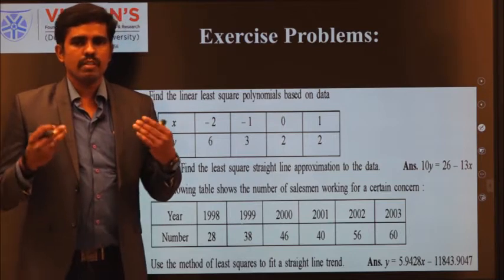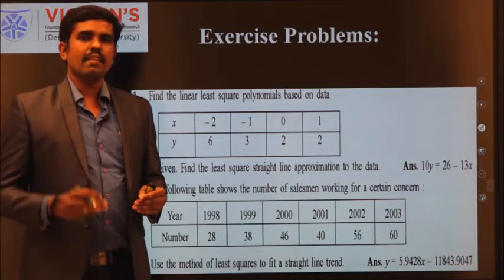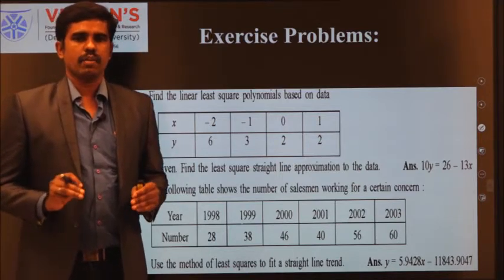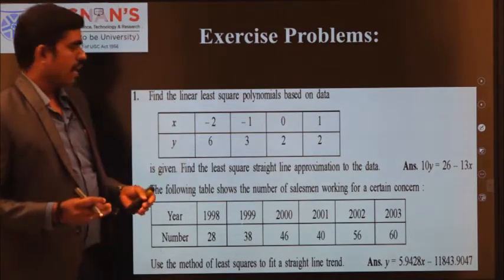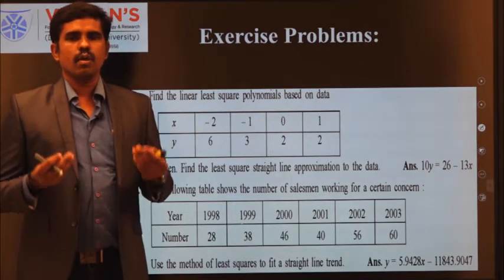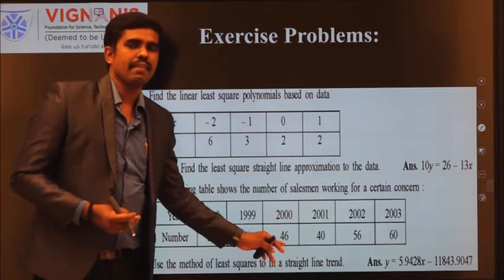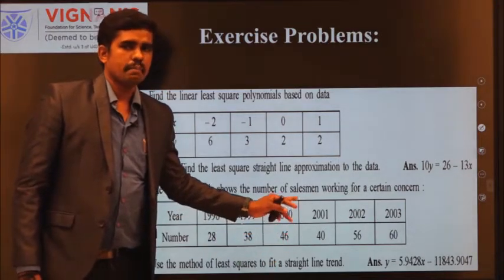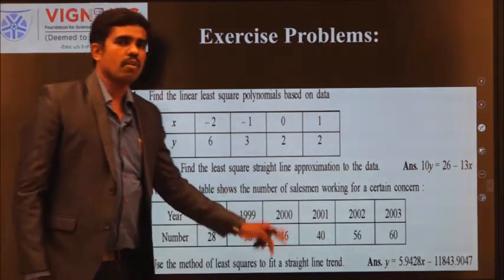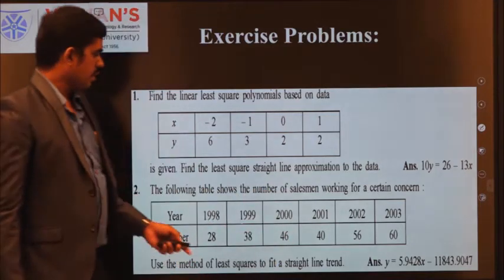Actually, if you do some adjustment, then you can easily calculate. By dealing with small numbers, you can find the best approximation straight line. Now I am going to explain that method, how to reduce the tough calculation work for this kind of problem when x values are somewhat larger. You look at this example.